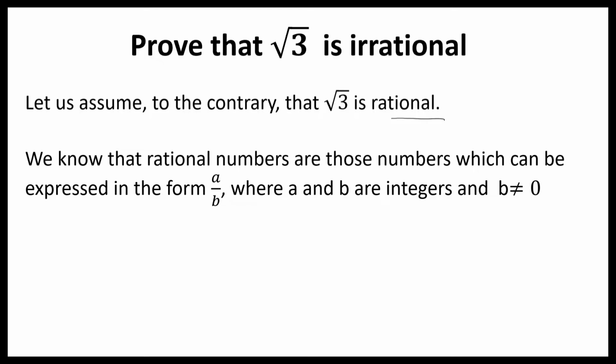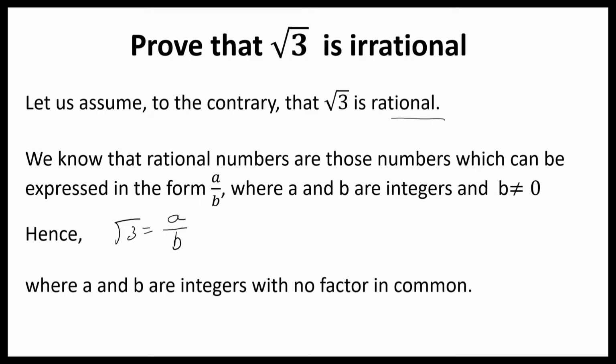We know that rational numbers are those numbers which can be expressed in the form of a upon b, where a and b are integers and b is not equal to 0. Hence, we can write square root of 3 is equal to a upon b, where a and b are integers with no factor in common, meaning they are co-prime numbers. So we can write